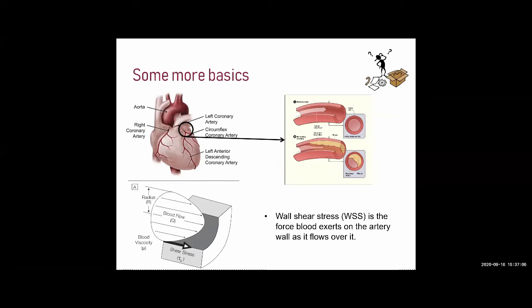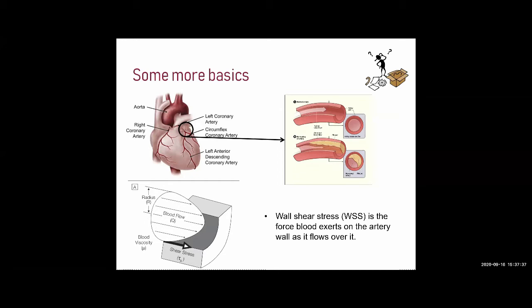And one of the key parameters that we investigate in terms of the health of the artery is wall shear stress, which is the force that blood exerts on the artery as it flows past it. So this is like the pulling force that blood exerts on the artery. As the fluid flows over the surface, it tries to pull it along with it in the same way. If you put your hand out of the window of a car and you feel air flowing over the surface of your hand, as it pulls on your skin, that's the pulling force that blood is exerting on